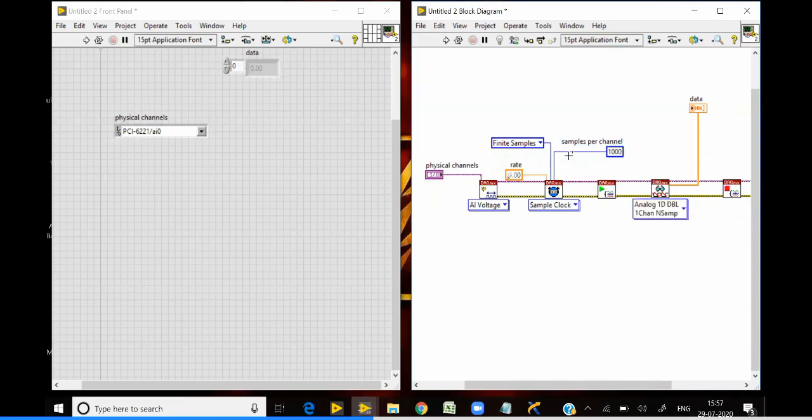They will ask what will be the size of the output array. When I execute the program, what will be the size of the array? It will be 1,000. So 1,000 samples are collected.